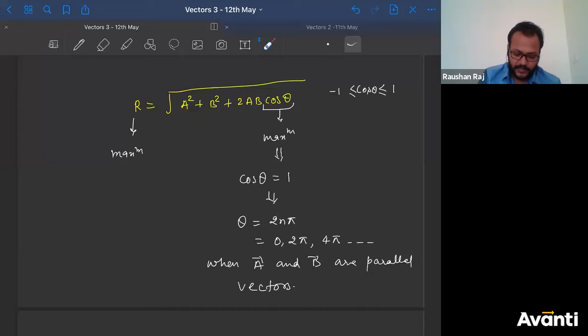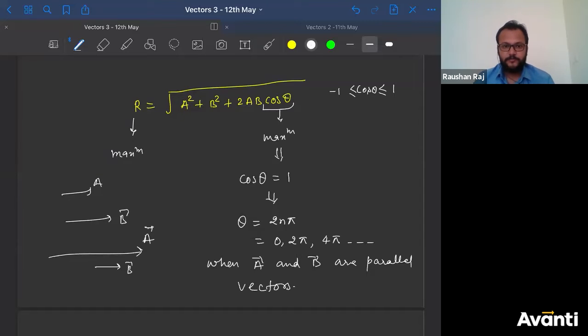If this is A and this is B, tell me what is the angle between them? 0. If this is vector A and this is vector B, what is the angle between them? 0, right? So in each case the angle is 0. If I say this is vector A and this is vector B, what is the angle between them? 0. Okay? So coinciding or non-coinciding does not matter. Okay? Let's go.